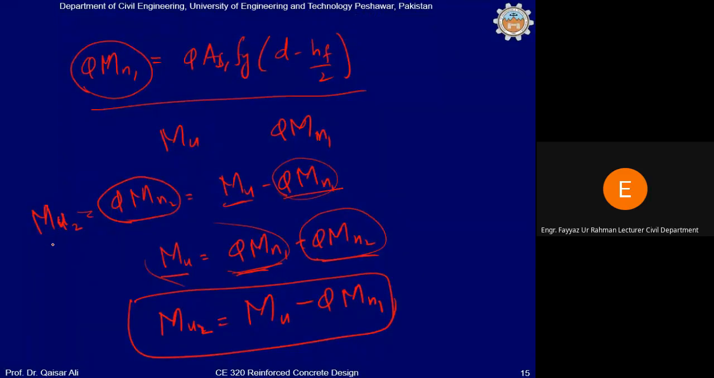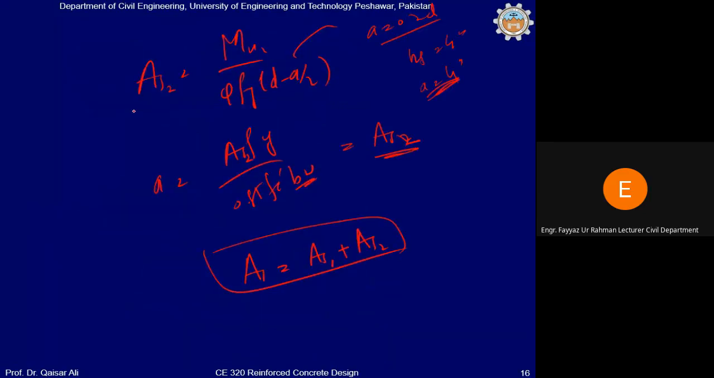From this you can calculate mu2 which will be total demand minus phi mn1, and then from mu2 you can calculate as2 from the same trial and error procedure as you are doing for the rectangular beam। Finally the total reinforcement will be equal to as1 plus as2। clear है? क्लियर है कि नहीं? यस सर।